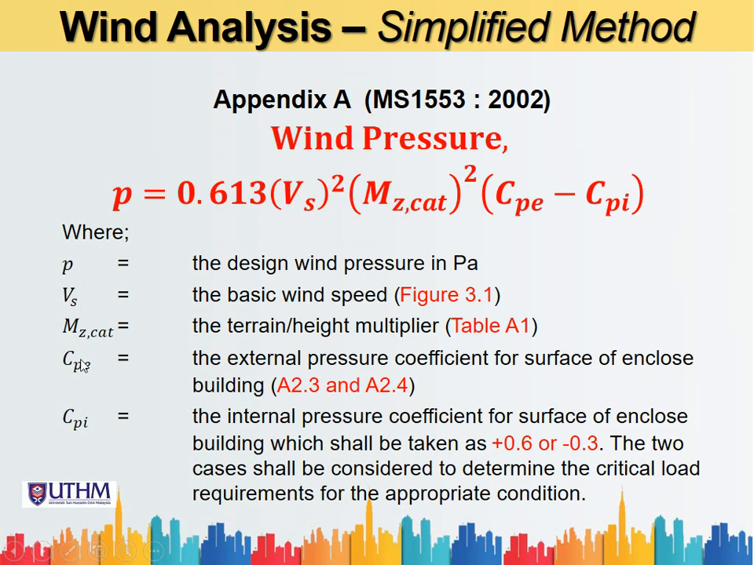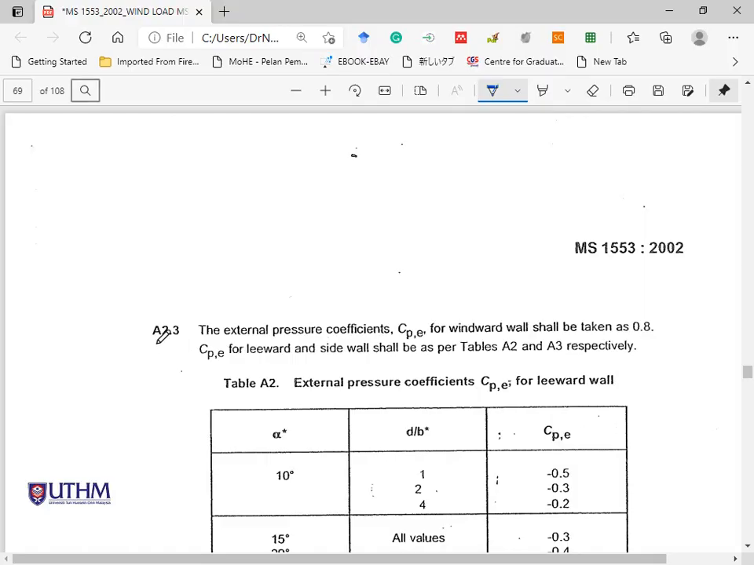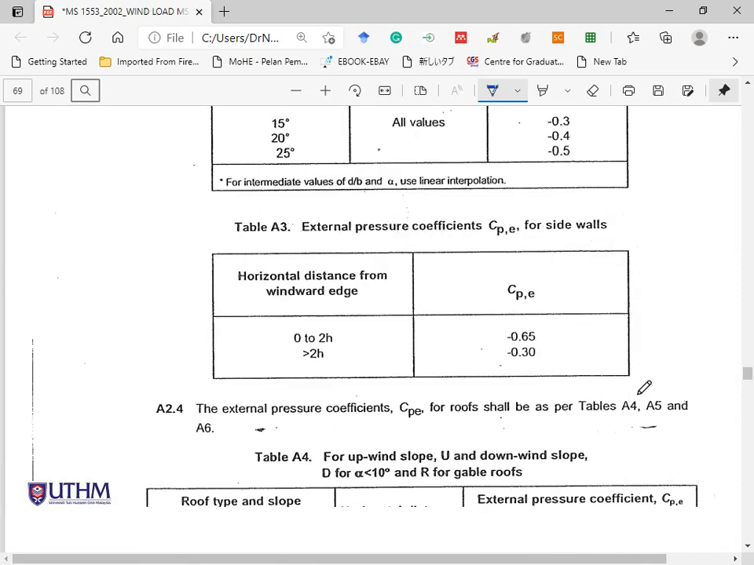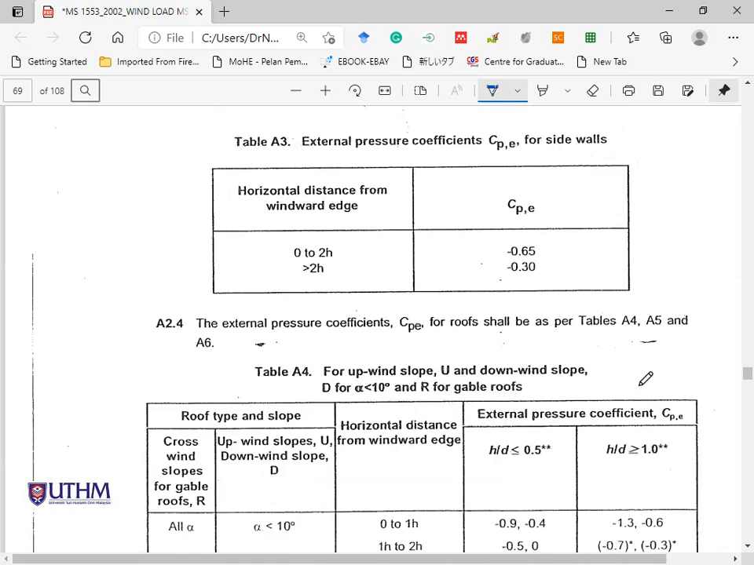Next is the external pressure coefficient, referring to A2.3 and A2.4. These two are at page 69 in the Malaysia Standard. This is A2.3, table A2, for the external pressure coefficient CPE for the leeward wall. And A2.4 is the